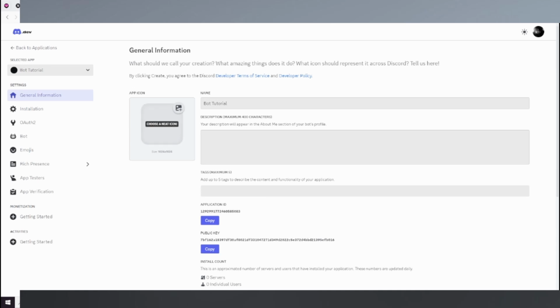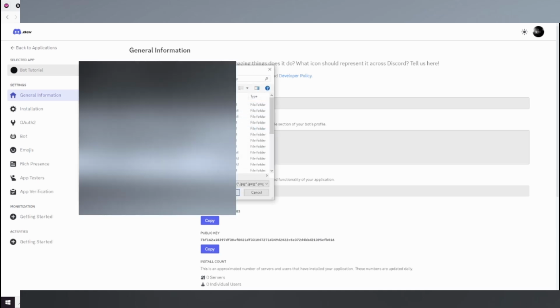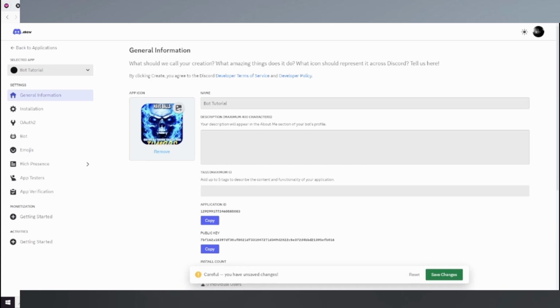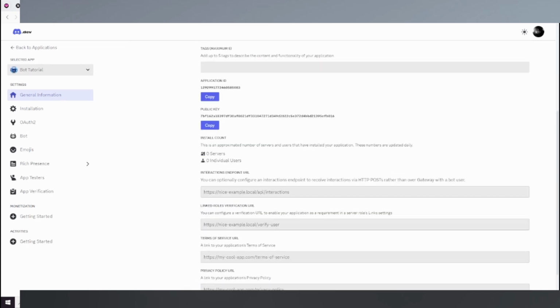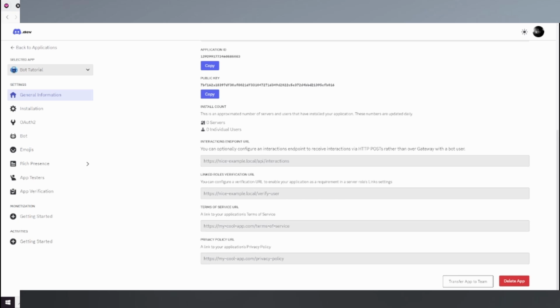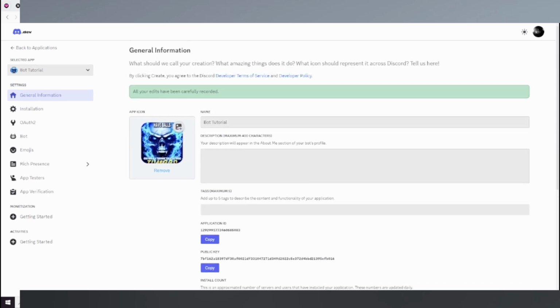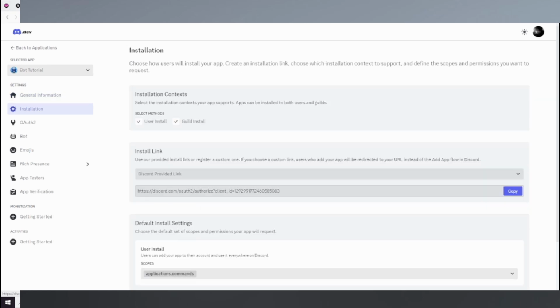So the first thing that you're going to want to do is check this information. For instance, I'm going to grab an image so it actually looks half decent. I'm going to use a meme. Okay, so basically you don't have to do anything here. This is good. But then what you're going to want to do is go to